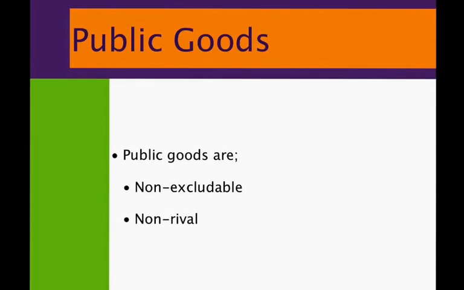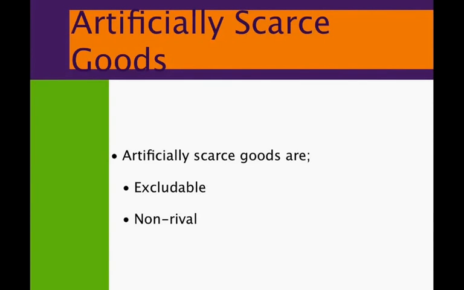So anyway, let's go to something called artificially scarce goods, more characteristics of goods. These are goods that are excludable and non-rival in consumption. The other example here would be, you guys may be taking a college econ lecture, and it's excludable because only students who have paid tuition can enroll in the course and attend the lecture. However, it's going to be non-rival because many people can consume the same unit of the good at the same time. Other examples, which we'll talk about, are like pay-per-view movies or sporting events. So those are artificially scarce goods that are excludable and non-rival.